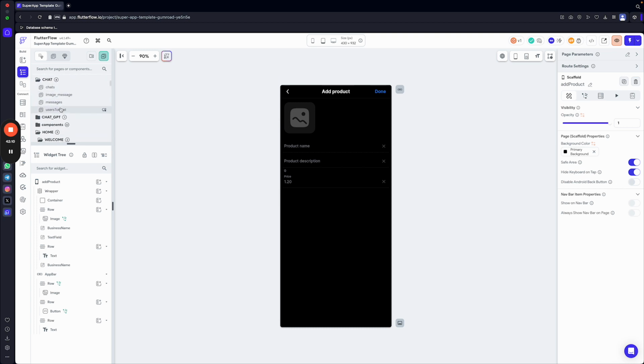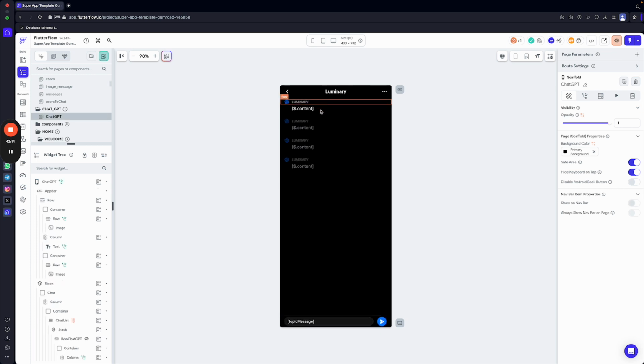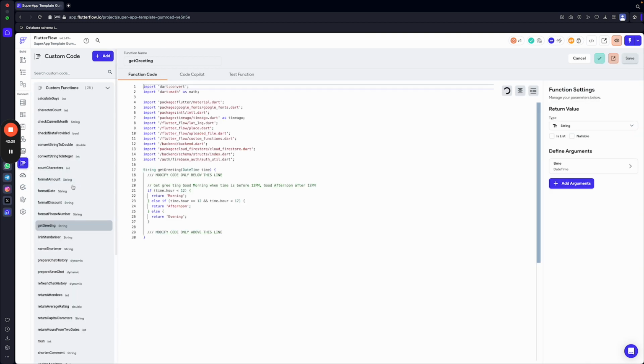We showed you the chat, then you have ChatGPT. So you have a chat with ChatGPT. Obviously this needs to have its own API. So I think it's here, stored in your